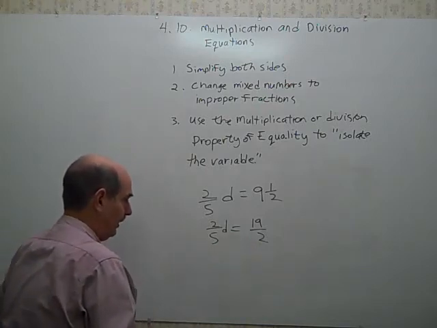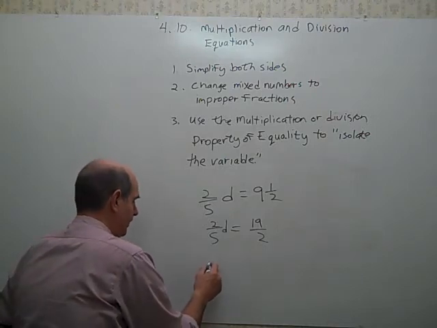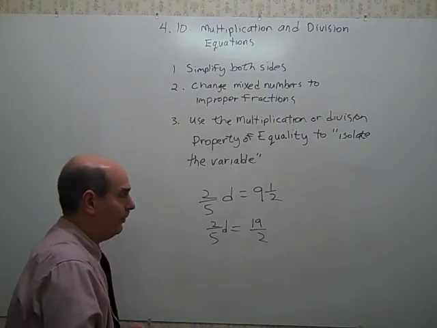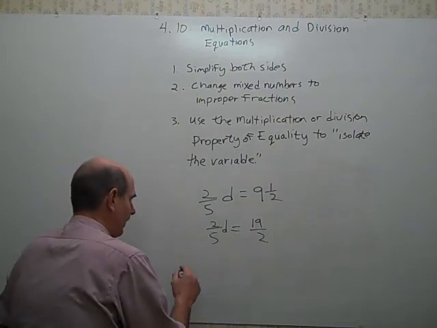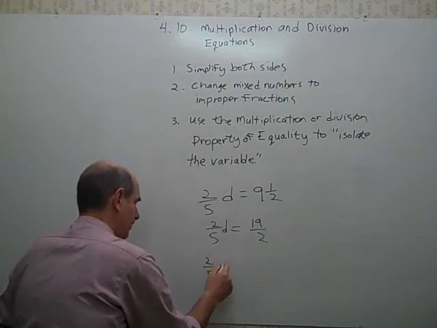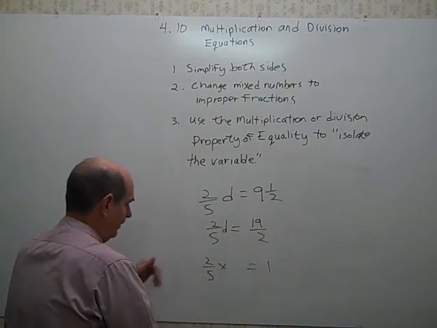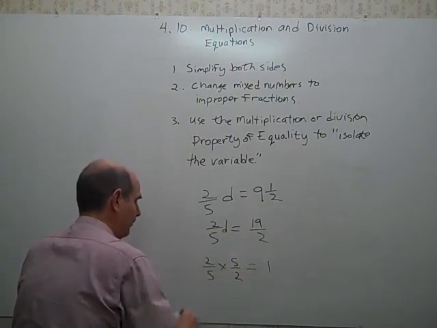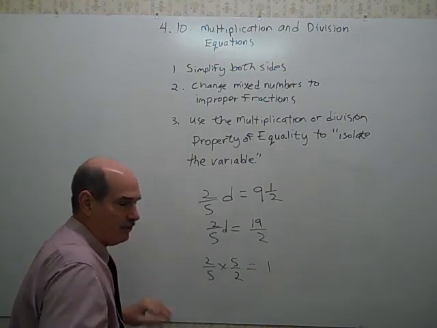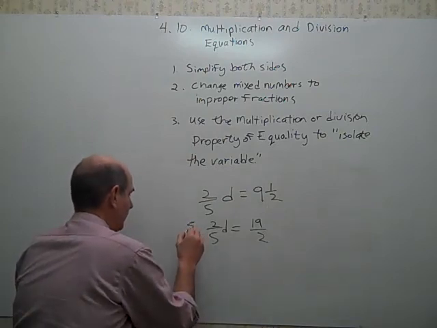I'm actually going to use the multiplication property of equality, but I'm going to use another property that tells me reciprocals are two numbers that multiply together to get 1. They're also called multiplicative inverses. And the reciprocal, the number that I multiply 2/5 by to get 1, I get that by inverting the 2 and the 5 and get 5 over 2. So this is multiplication and I can undo it with division, but it's going to be easier just to try to undo it with a multiplication. So if I multiply both sides by 5 over 2,